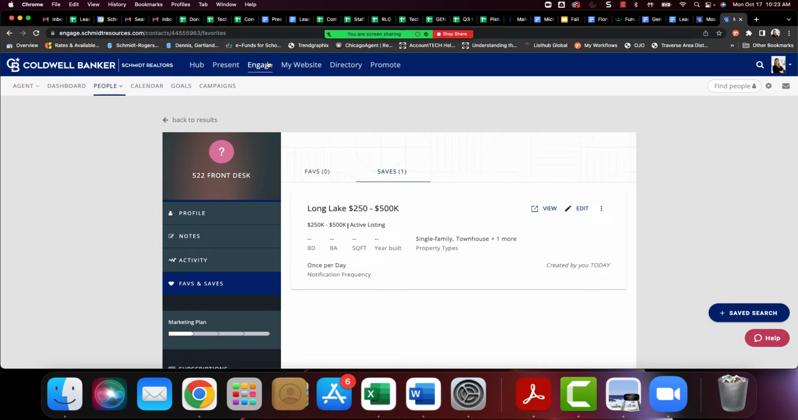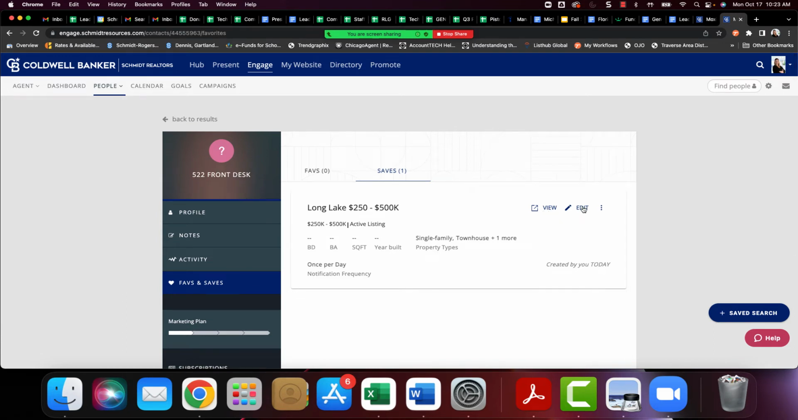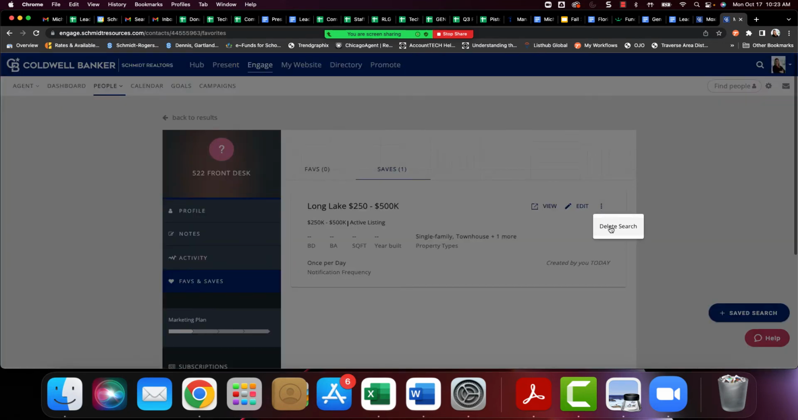Now we're back in Engage, back in our people, back in our contact card for this particular client, and we're in our Faves and Saves. Now that we are in Saves, we can see that we do have one saved search. You can always go back and view it. You can go back and edit it. Or if it's just something they're not interested in anymore, or maybe they've purchased something from you, you can delete